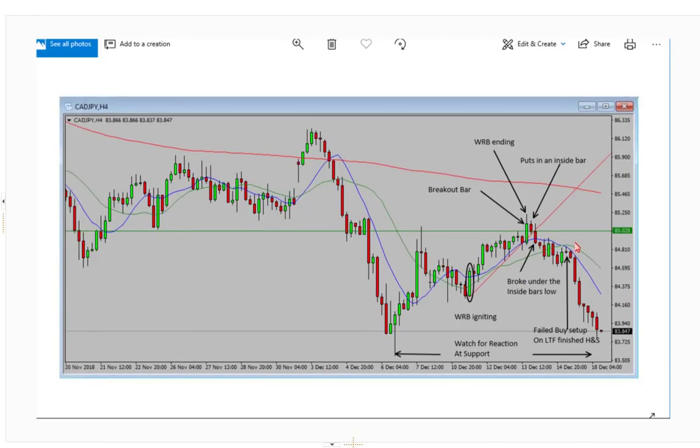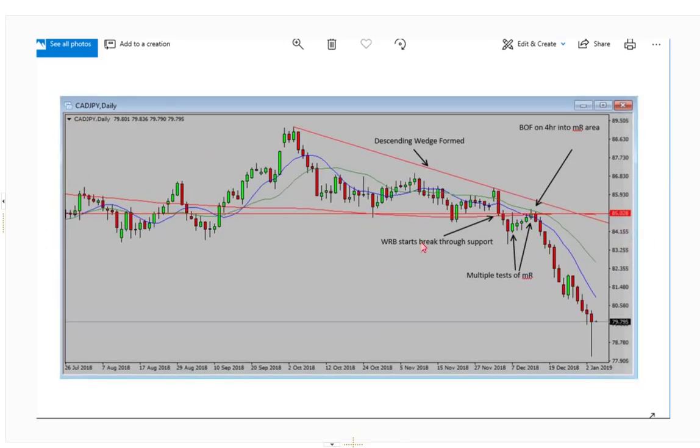All right, here's what that 4-hour looked like at that time. This was that strong move up, that first test. This is the same line in the area of the 85 whole number. 4-hour chart, pullback, wide range bar igniting. This is our trend line on the 4-hour chart, and we get back up, watch out over the pivot high, also in that whole number area. Also going back to the daily,